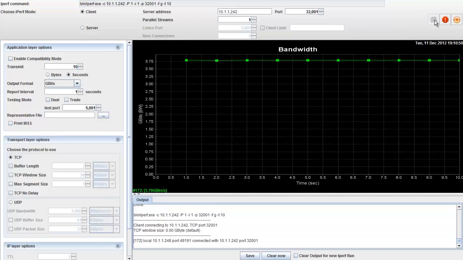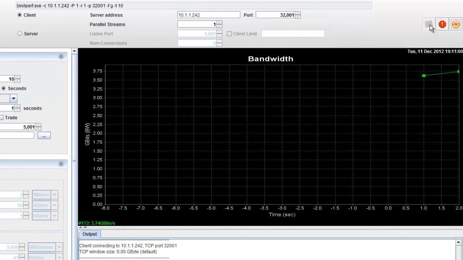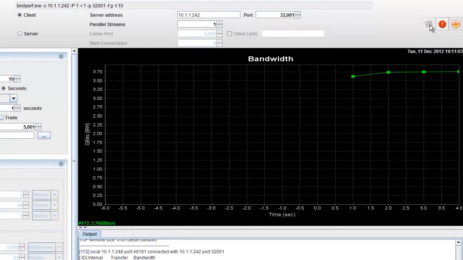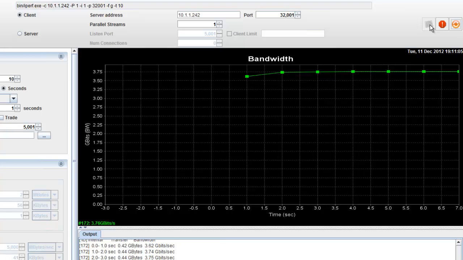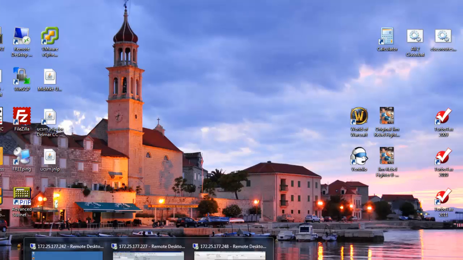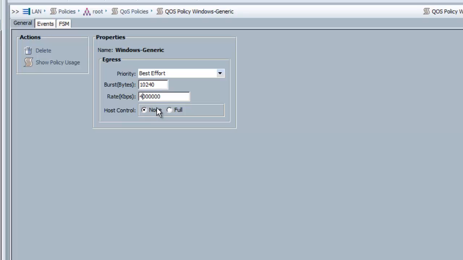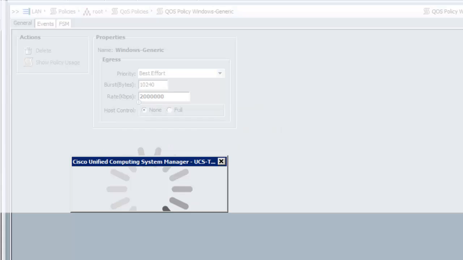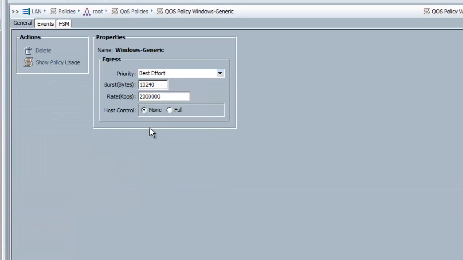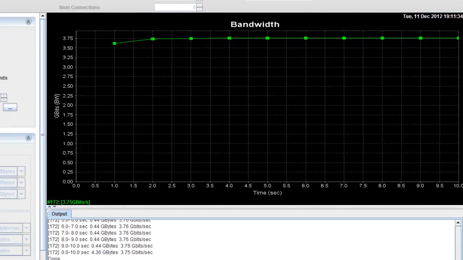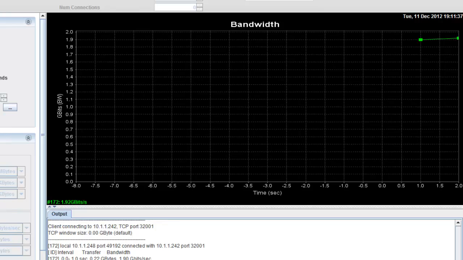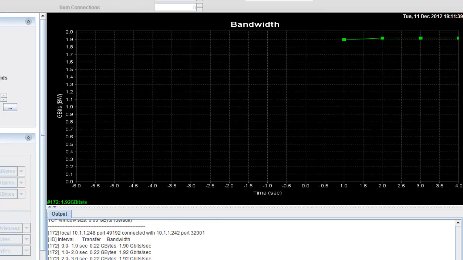So we'll start off with an example here showing this JPerf, which is just a simple tool, and we'll be running a test flow from one server to another, and you'll see on here we're getting just under 4 gig on this, minus a little bit of overhead. So when we jump back to our box that's controlling this policy, let's set it down to 2 gig now. Save that. You'll see on here, and another advantage is we don't have to go and reboot the server to get this effect. We simply restart the test tool set, and you'll see now we're just under 2 gig